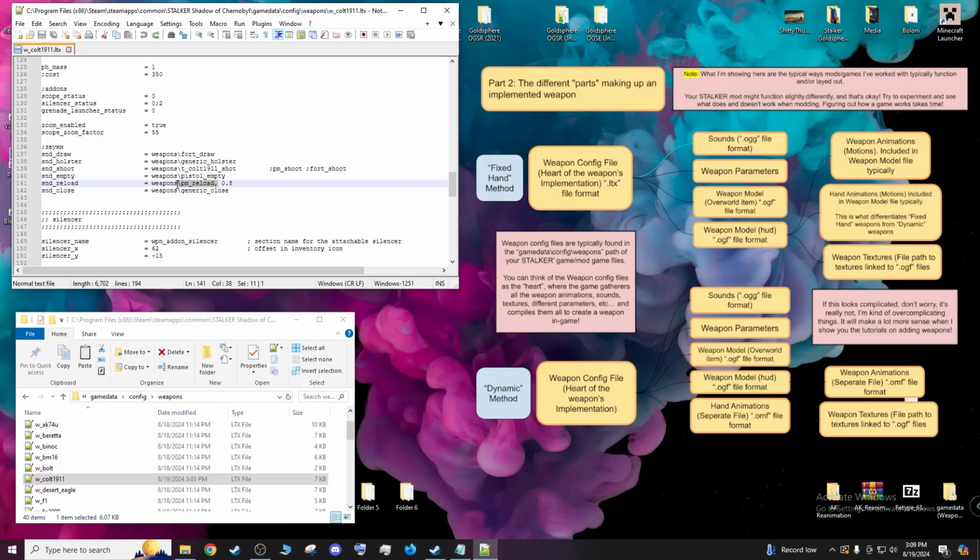here, PM reload. And this thing right here, the comma 0.8, that is basically the speed that the sound file plays at. So in this case, it plays at 80% speed. And you can denote what sounds play by having these parameters right here: sound_draw, sound_holster, sound_shoot, all these, and you can make different sounds